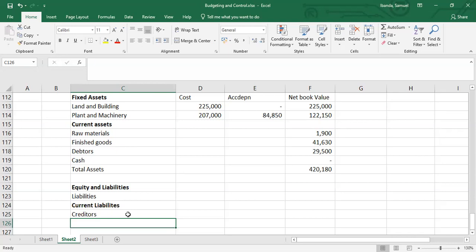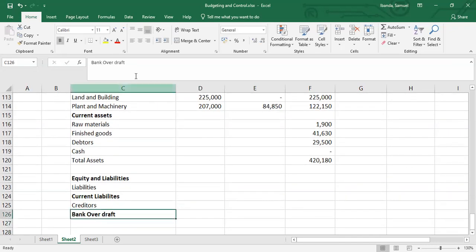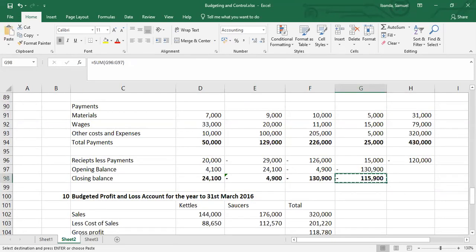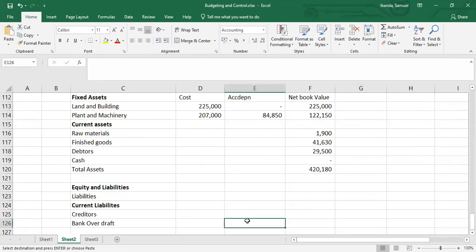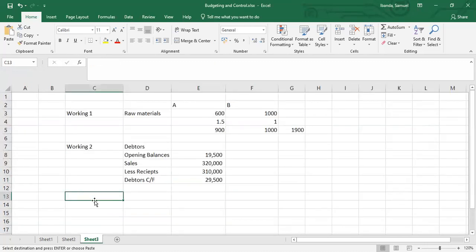But before that, I have a bank overdraft that has come up. This bank overdraft is what is within here. This 115,900 is the bank overdraft. So I'll put it here and then I'll calculate the creditors. I'm just going to calculate them the way I did for debtors. So creditors, my next working here,